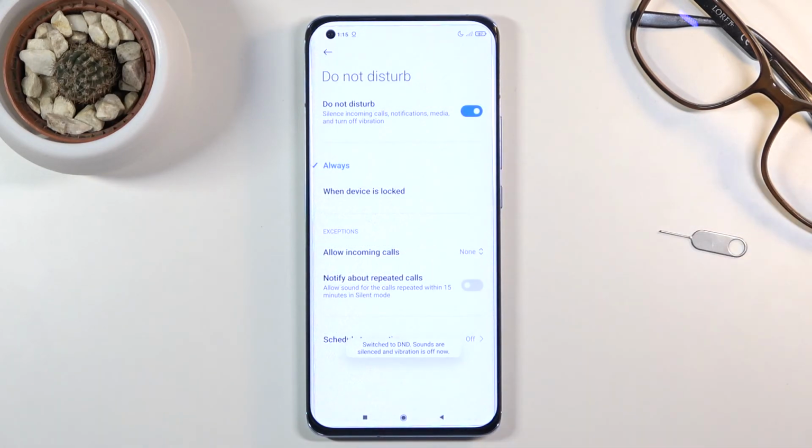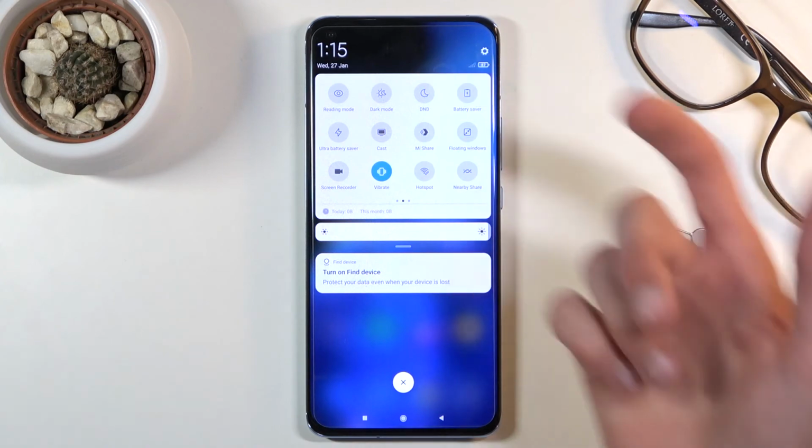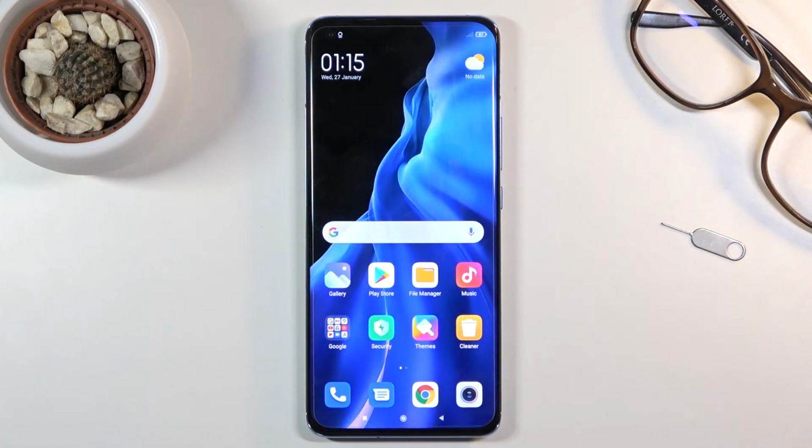So to turn it on, you can either tap on it or wait for the schedule to kick in. And again, you can also turn it on from here as well by simply tapping on it and turning it off as I just did. Now that being said, this is how you would set up the Do Not Disturb mode